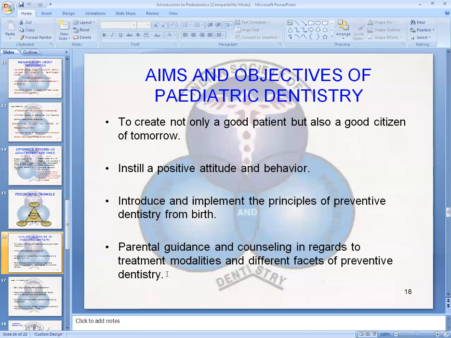As we know, in pediatric dentistry the relationship is triangular. The parent is also involved, so we can give knowledge to the parent also. So, parental guidance and counseling. We have to counsel parents, for example, with small children, neonates, who do not know how to brush, at the age of 6 months, the first tooth. So we have to counsel parents on how to brush: wrapping gauze on the finger like this and then cleaning the teeth. All this counseling is to prevent further caries from appearing. Okay, so today we will see it here only: aims and objectives. This topic you will feel